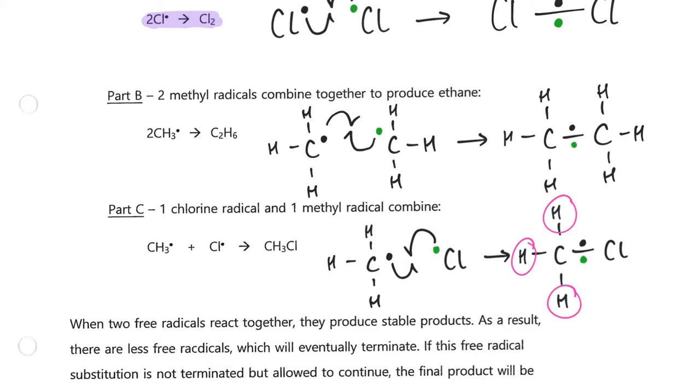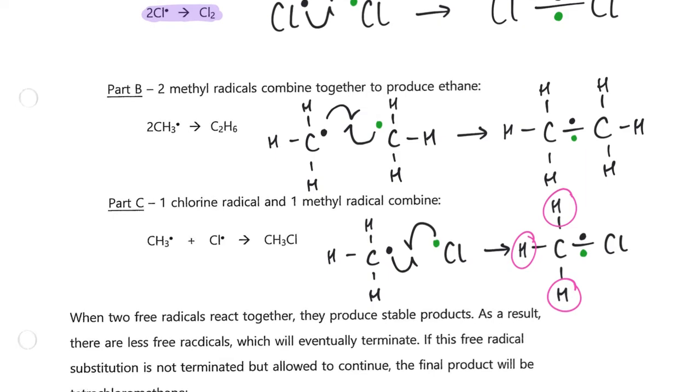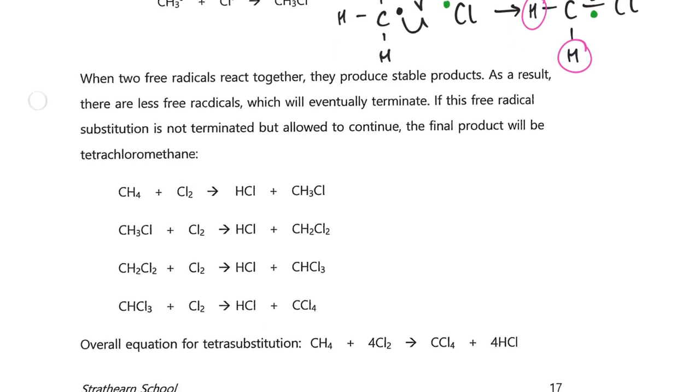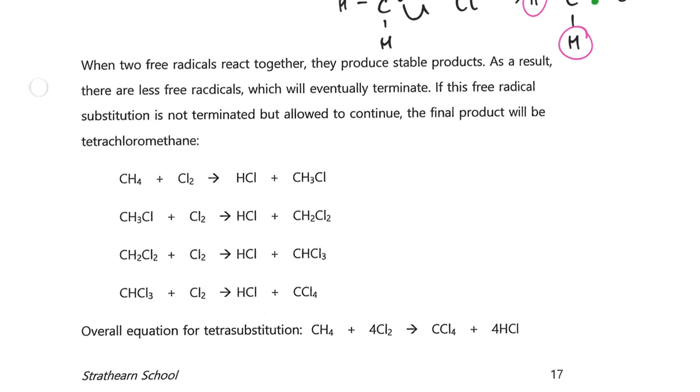If the reaction is allowed to continue, then this molecule here, chloromethane, could go on and react with another chlorine radical. And ultimately, if it would be allowed to continue, we could end up with a product called tetrachloromethane. In other words, where all four of the hydrogens had been substituted by chlorines. So these reactions are summarised